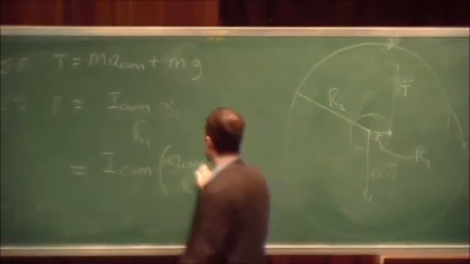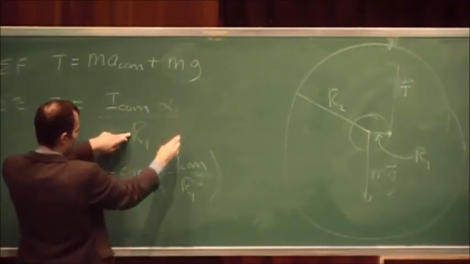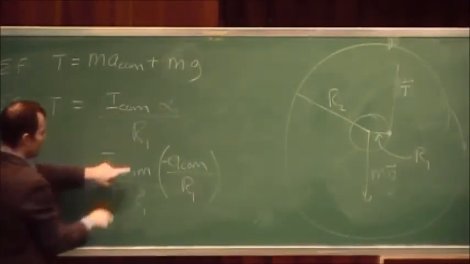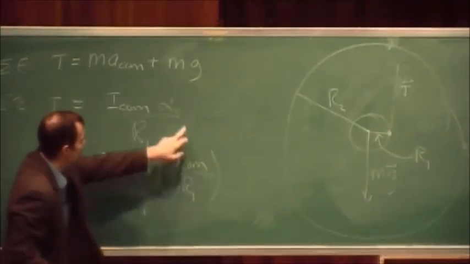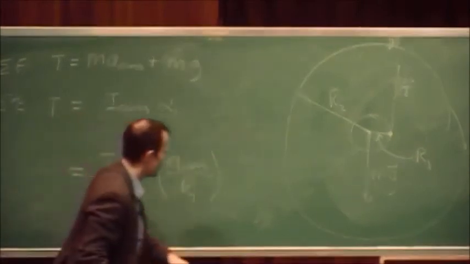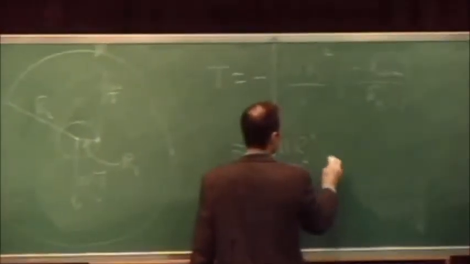Sorry, this should be r1 squared because I have an r1 here, and then I'm multiplying by, so I should have an r1. There should be an r1 here, and there's also an r1 that's brought in as I convert alpha to center of mass divided by r1. So I have an r1 squared here. Okay? And so we get that this is minus m r2 squared all over 2 divided by r1 squared,